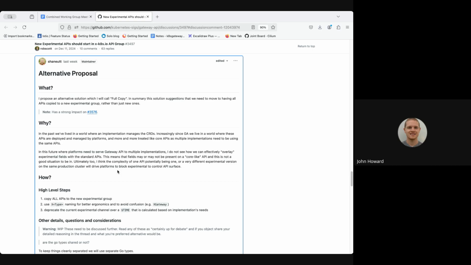So this would be like X Gateway, X HTTP Route, X Backend TLS Policy. This is kind of a mirror ecosystem of Gateway API where there's no interaction between them: you can't have an HTTP route attached to an X gateway. You have to have an X HTTP route attached to an X gateway. So that's the general proposal. I'll pause there because it's kind of complex.